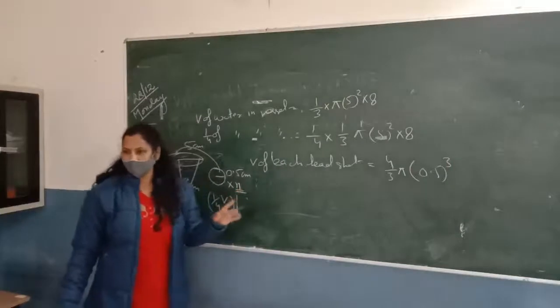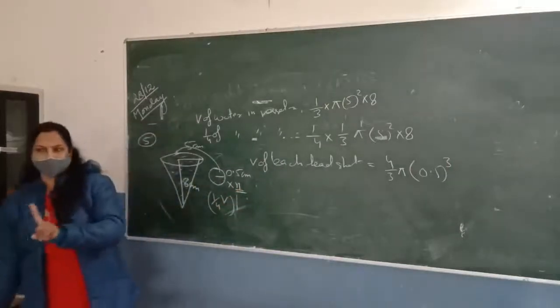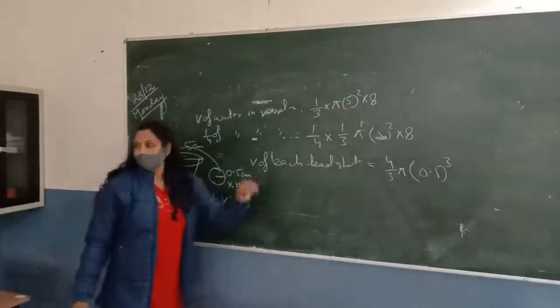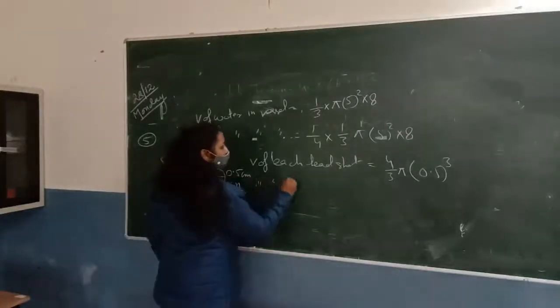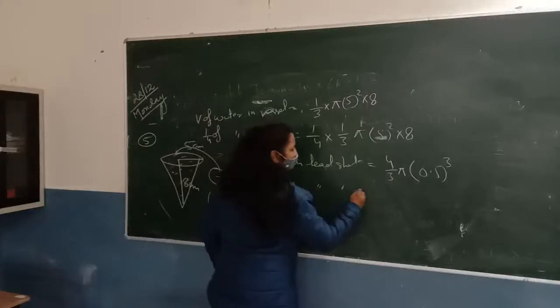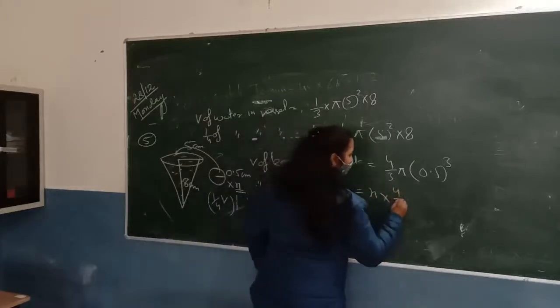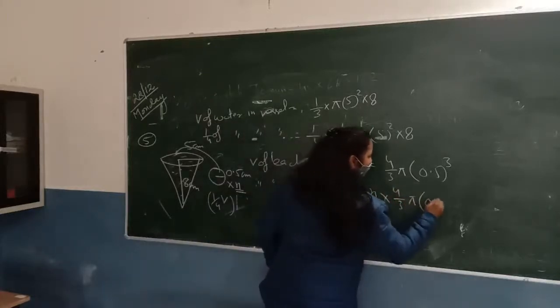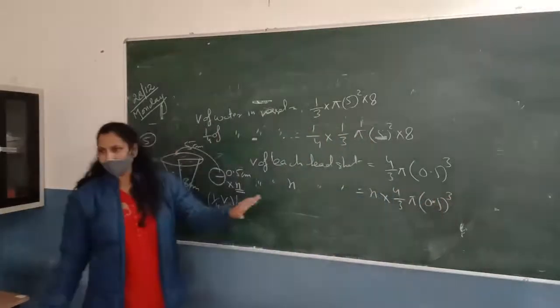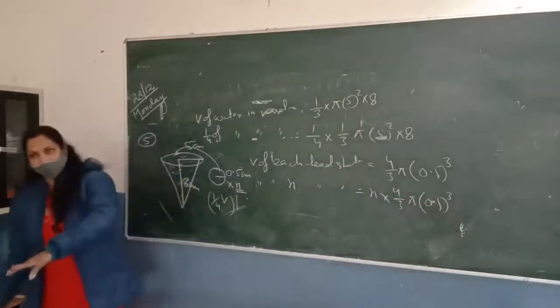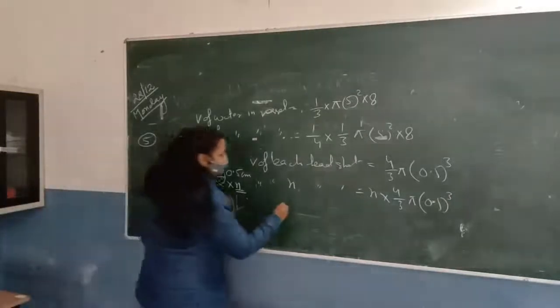Now we know that we drop... don't write anything in your notebook now. If you drop n lead shots into the vessel, then the volume of n lead shots will be n into 4/3 pi r cube. Now you can say the volume of n lead shots is equal to the volume of water that flows out from the vessel. So you can write like this: